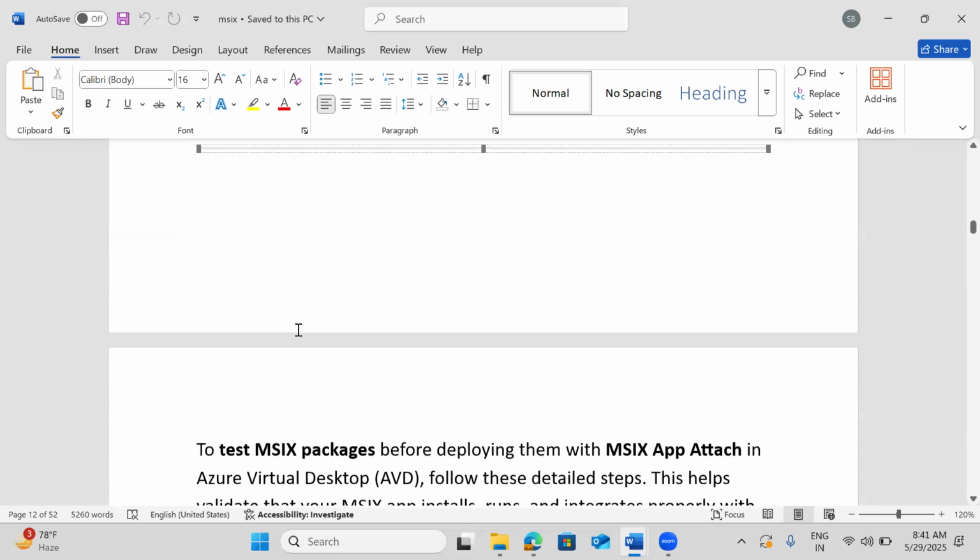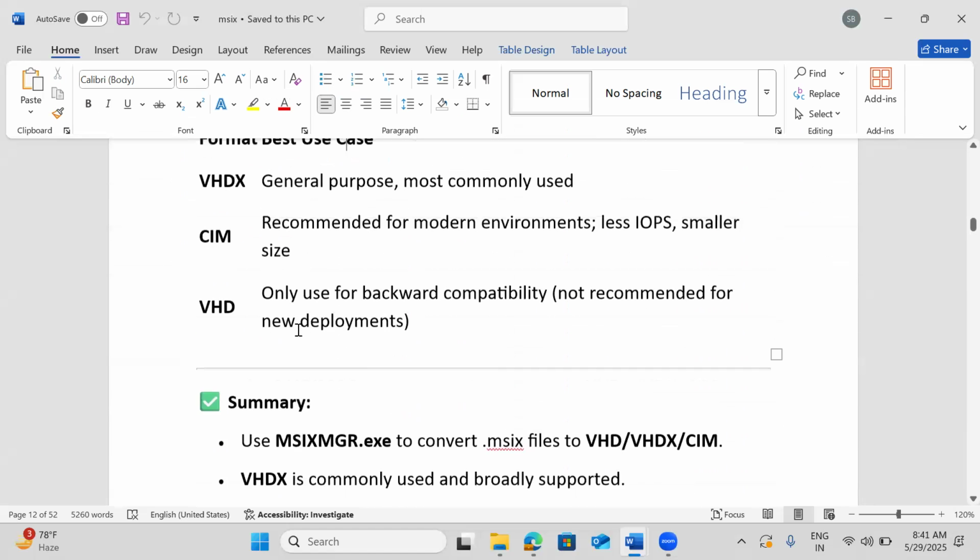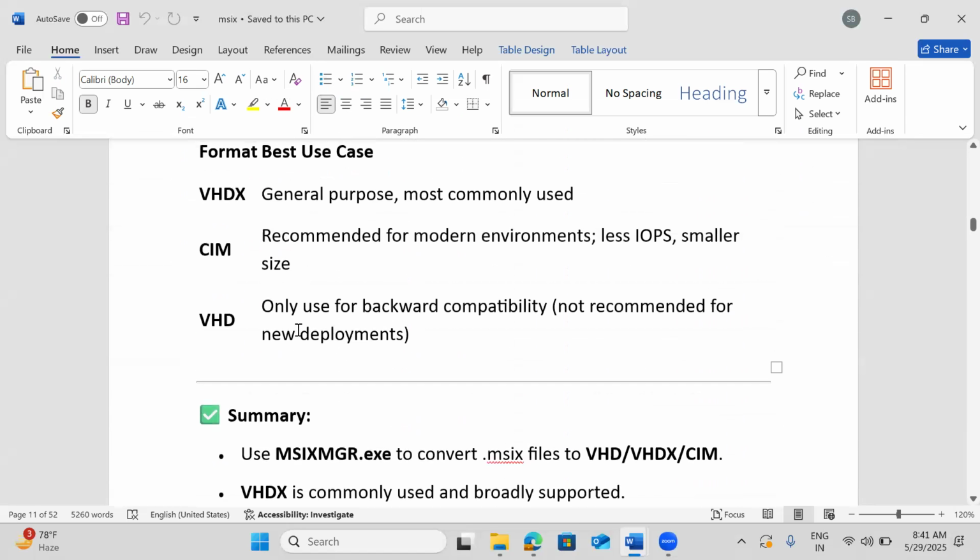So now here, what are the package options available? VHDX, CIM, and VHD. In the multi-user environment, which method is supported? In the multi-user environment, it's recommended to go for the CIM, but